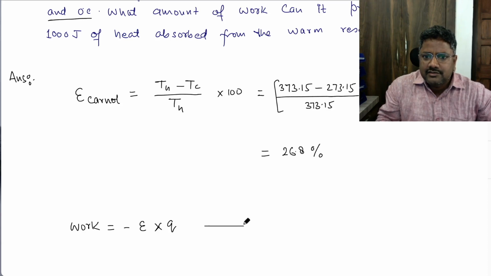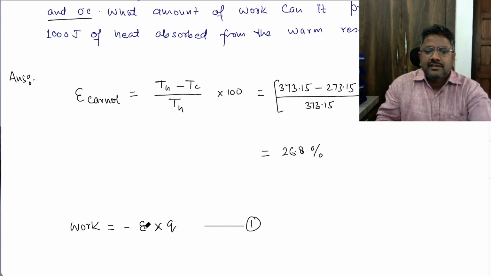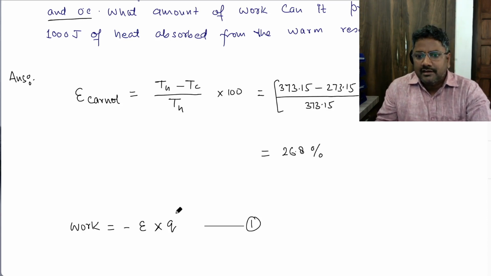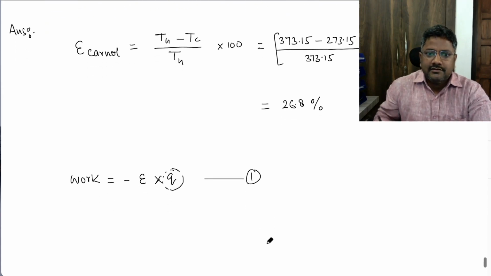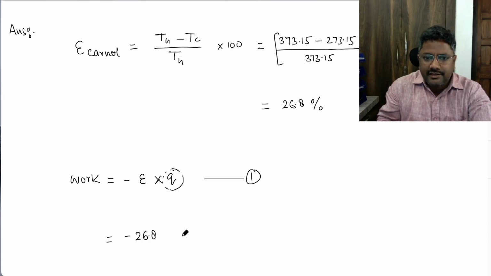This equation, as you know, efficiency is equal to minus of work by heat absorbed. So this Q is the heat absorbed from the hot reservoir, right? It is given what work can it produce for each 1000 joules of heat absorbed from the warm reservoir. See, warm reservoir it is given. So you can write here minus 26.8 multiplied by 1000